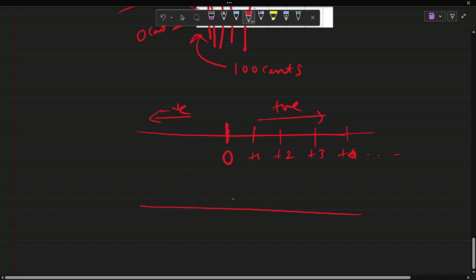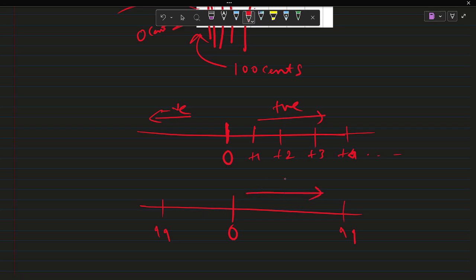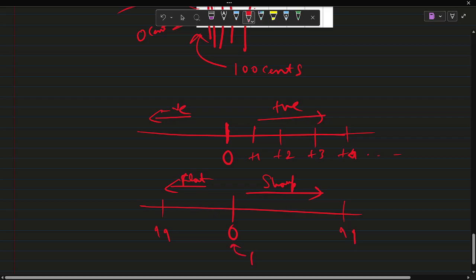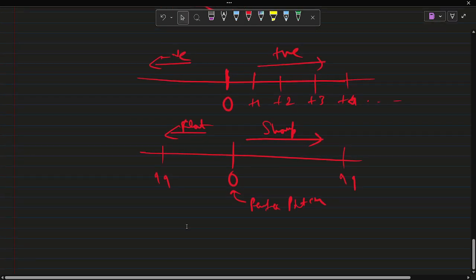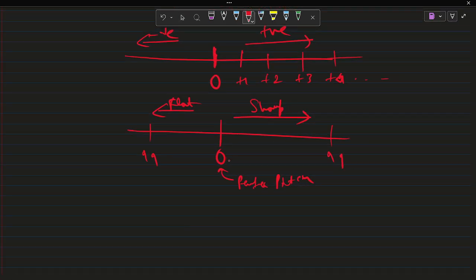But for cent, from 0, we'll take up to 99. And here, this is also up to 99. So just take the positive side as the sharp side, and this is the flat side. If you are at 0, you are at the perfect pitch. I think this is your number line, and if we limit this number line, we will get the cent division